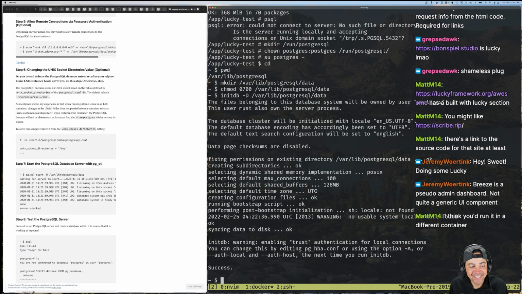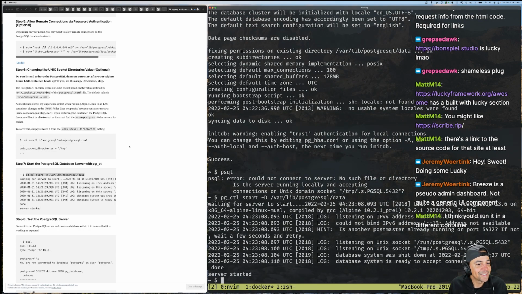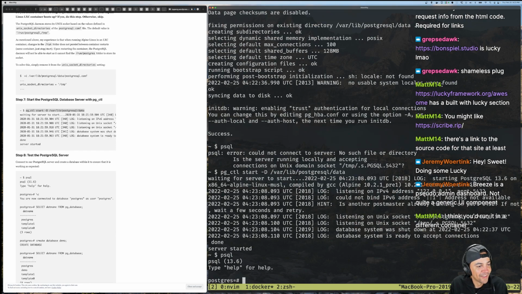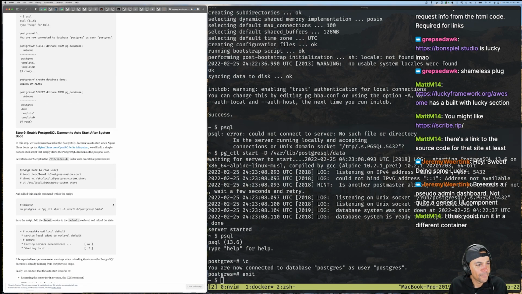We've got to run on the same thing. Okay, so test PostgreSQL server. Oh, come on. Oh wait, it's pg_ctl start. There we go. Yay, it started. All right, this is amazing. Now we're cooking with gas. That's what I'm talking about.